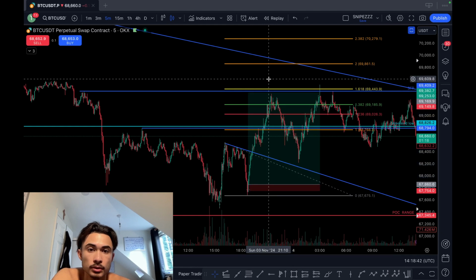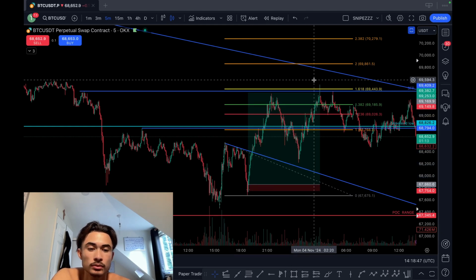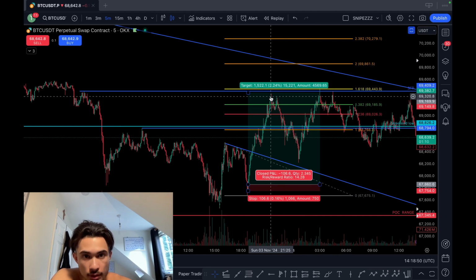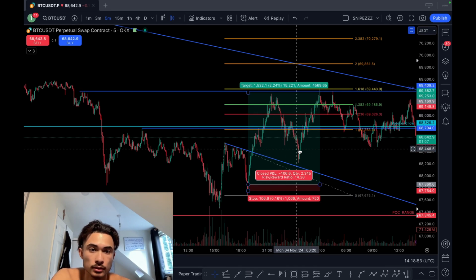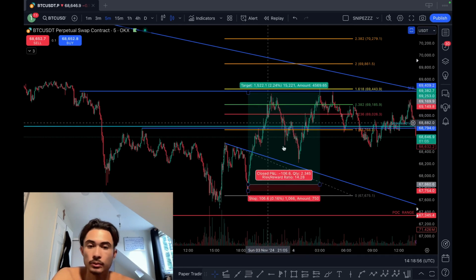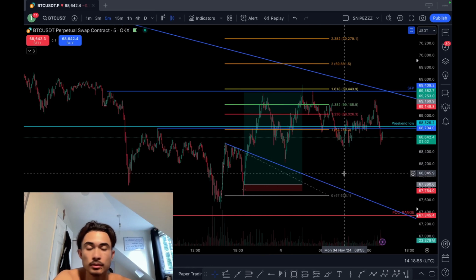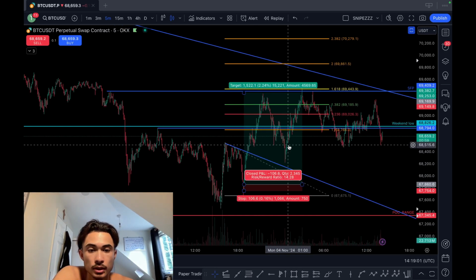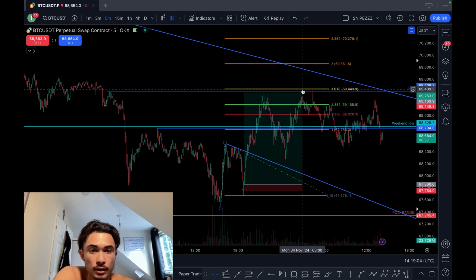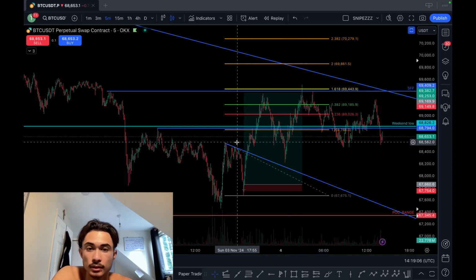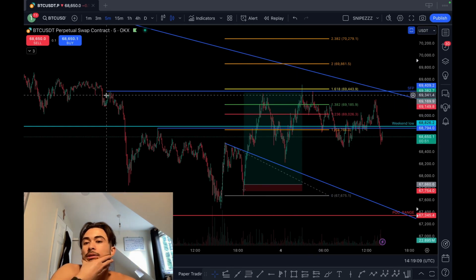So the difference between taking profit here and taking profit here is very minimal and not worth it. You're better off taking profit here, not experiencing this dump, and then price can do what it wants afterwards. But this is just an update from overnight's trade. You can see overnight we hit that 1.618. I said it was acting like a magnet, and the 618 got claimed with that high.